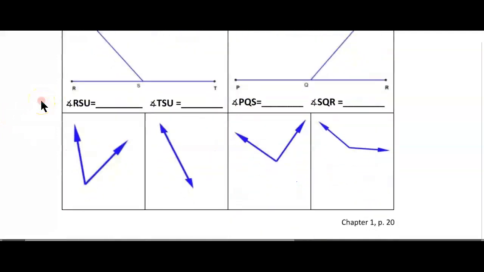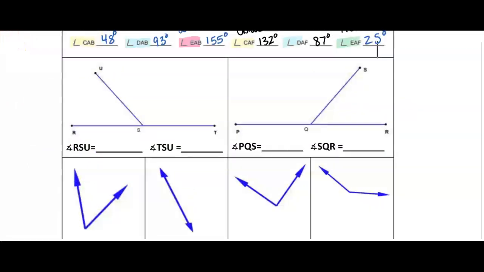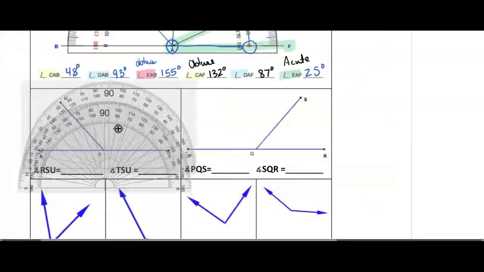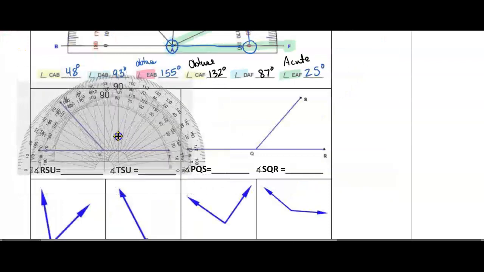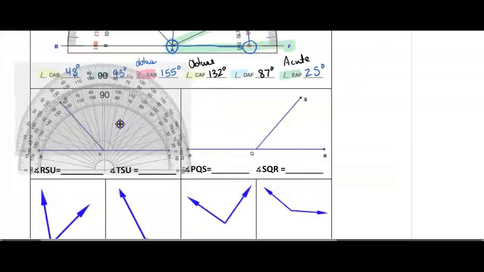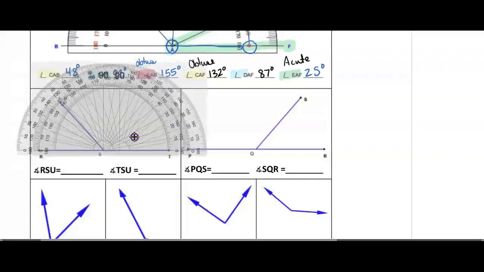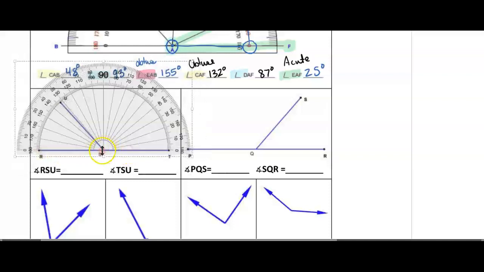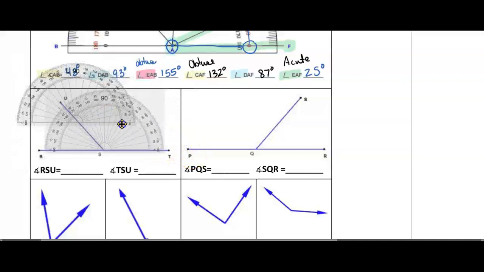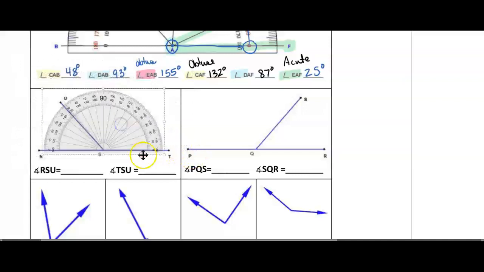All right. So you're going to use your compass or protractor for these other ones. I pasted this little transparent image in here. You're going to use the top of your protractor. Make sure the straight line at the bottom lines up with the bottom of one of the rays. And then make sure the center right here is lined up with the vertex of the angle. And then which scale is going to be at 0? I'm going to zoom this down just a little bit. Okay, so here I see my inner scale is 0, so I'm going to read around my inner scale